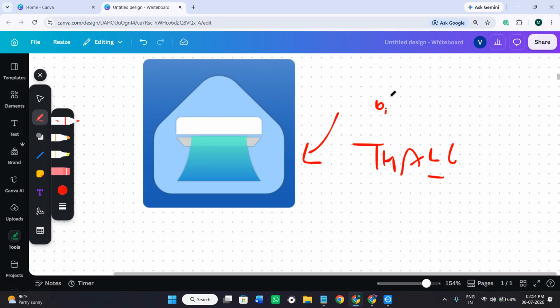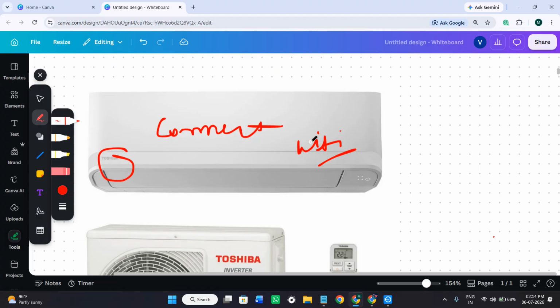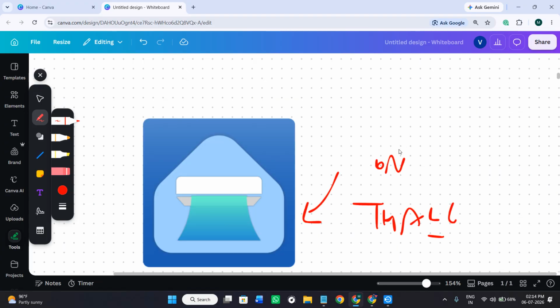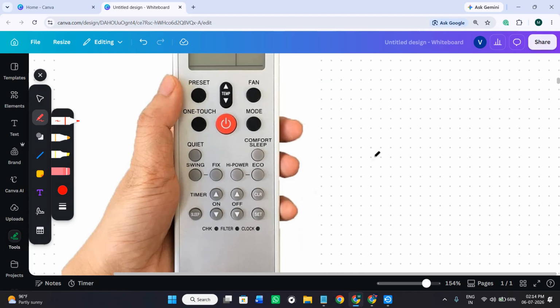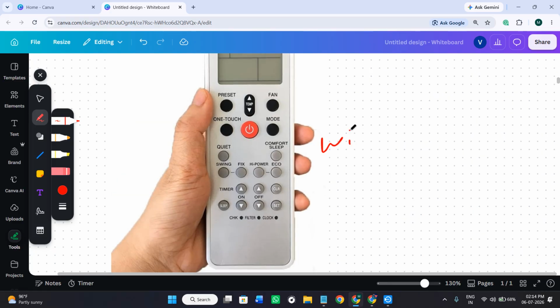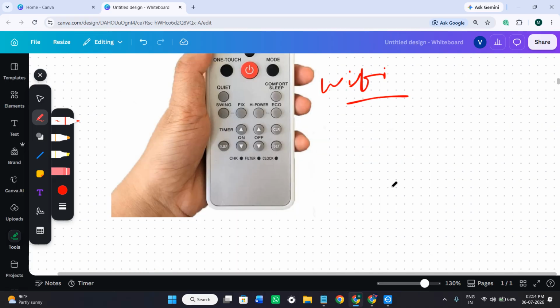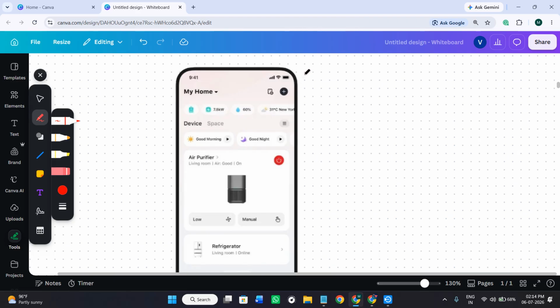Afterwards, you just have to simply turn your AC on. When the AC is turned on, take a look at the top of its remote, and then simply press the Wi-Fi button in order to put your AC unit into pairing mode. Now when it is in pairing mode, open the Toshiba mobile application on your phone,